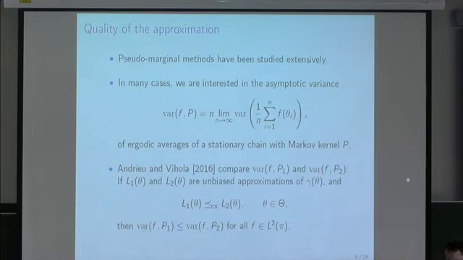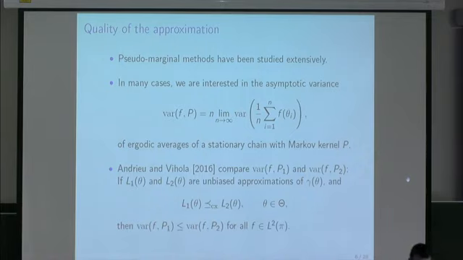The most relevant result today is one that I'm about to talk about now, of which both authors are actually in this audience, which is nice. Okay. So in many cases, although it's not the only thing you might consider, you might be interested in looking at the asymptotic variance of some ergodic average associated with this pseudo-marginal Markov chain, which is just written like this. Sorry, I put the limit on the wrong side. It's the limit as n goes to infinity of n times the variance of your ergodic average.